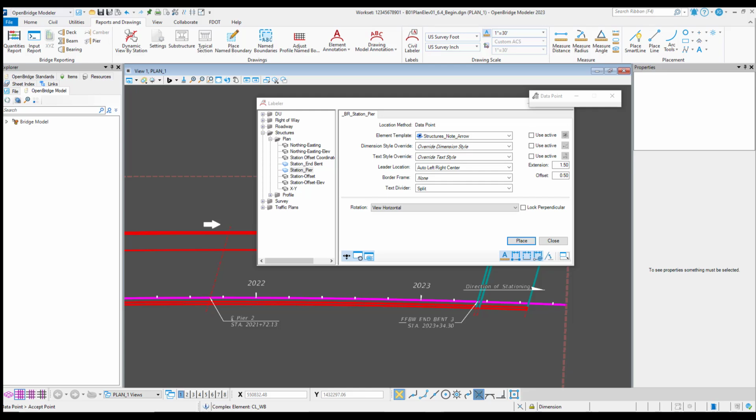Now the last callouts that we need to place are our begin approach slab and end approach slab callouts at the end of each bridge. So since we don't have a station callout for the approach slabs, what we can do is similar to what we did with NBent 3 and just select either the original station callouts, and then we'll just make edits to the text. So we can stay in our station_pier label,